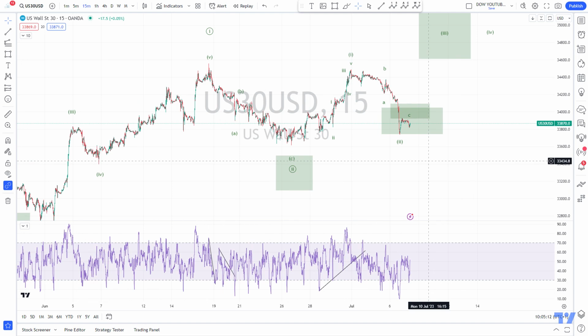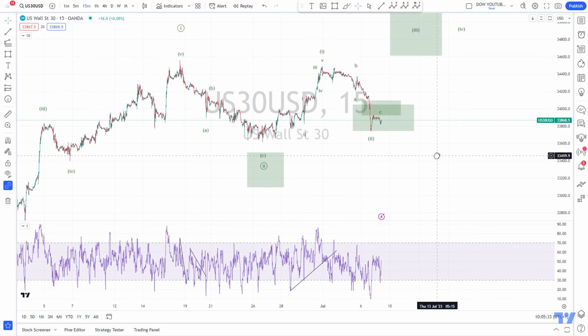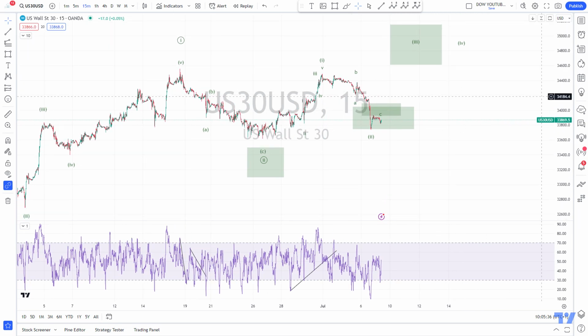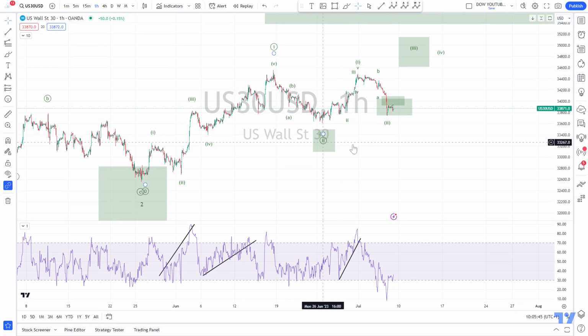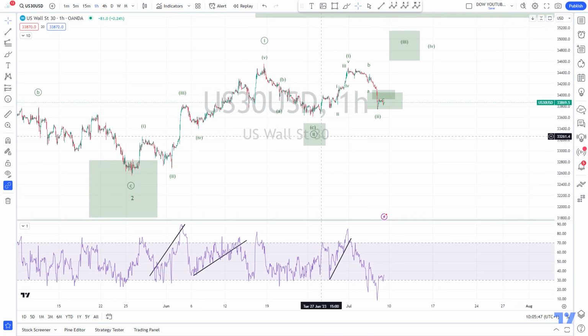So this is one thing that can play out today, that we hold this low here. We can still go a bit deeper, but this low needs to hold, otherwise the setup is invalidated, and we move up from here into this area. Now, I already told you yesterday the problem with this as a wave 2 is that we did not retrace deep enough, as you can see.